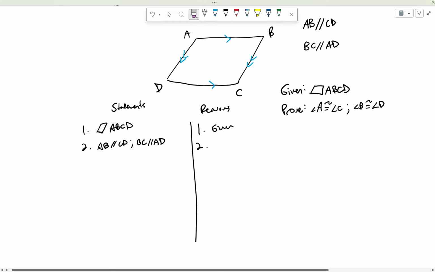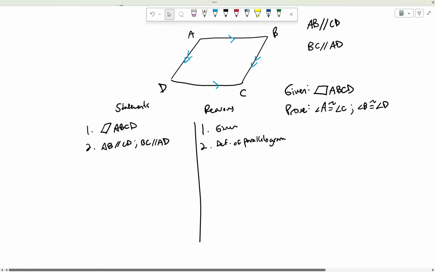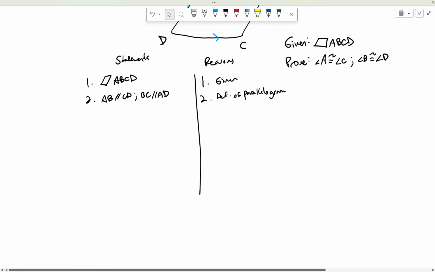Properties, postulates, definitions, and theorems. And this is a definition. This is the definition of a parallelogram. Remember, just up above, quadrilateral with two opposite sides that are parallel. So there we go, our opposite sides AB, CD parallel,